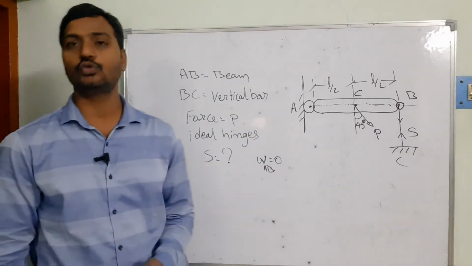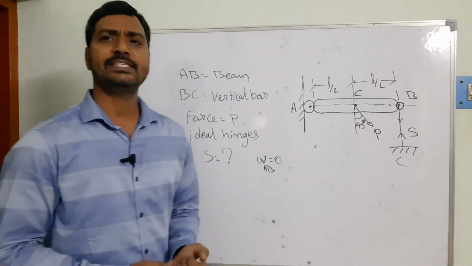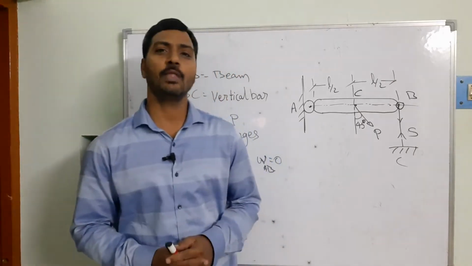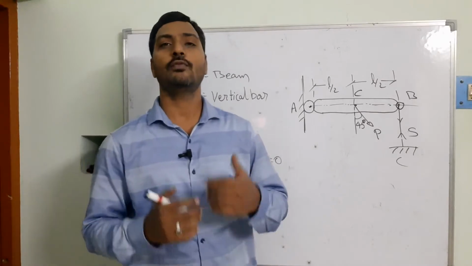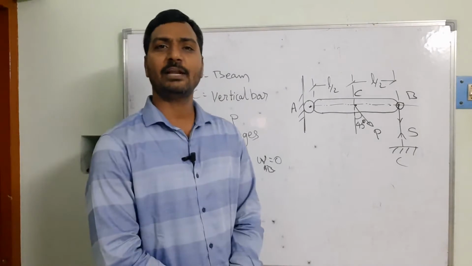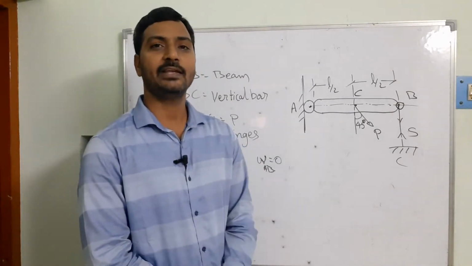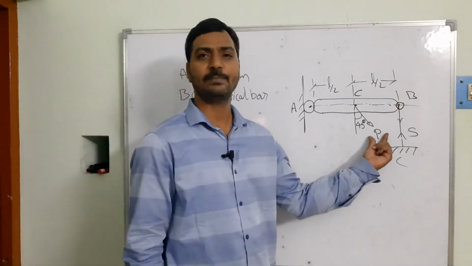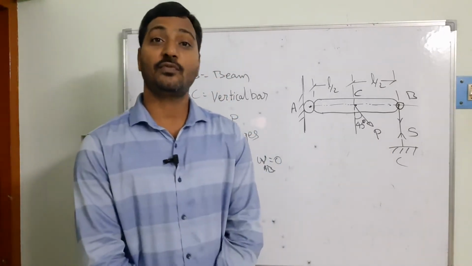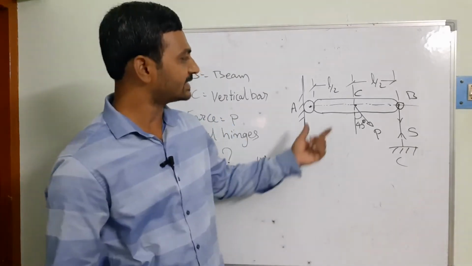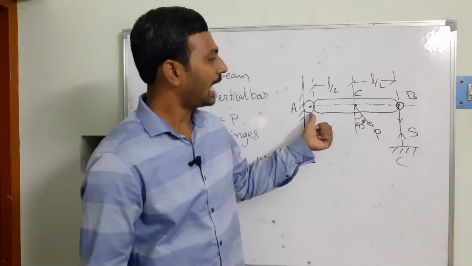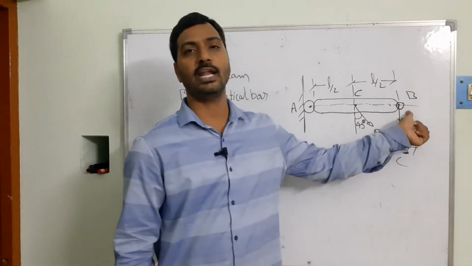So what I want to do now, whatever the diagram available, first we need to draw the free body diagram. If you want to draw the free body diagram, we must do some analysis on the given figure. There we can see how many forces are acting, that means external forces. Can you see there is only one force, that is P, acting. And the second step is what are the supports existing for the respective figure. So there we can see AB is the bar and it is supported at A by the hinge and there is a vertical bar also supported at B.